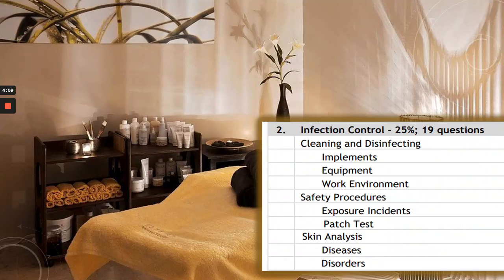Topic 2, Infection Control, 25%, 19 questions, focusing on cleaning and disinfecting, implements, equipment, work environment, safety procedures, exposure incidents, patch tests, skin analysis, diseases, and disorders. Let's take a look at some hints and tricks on how to remember this information to prepare for your exam,